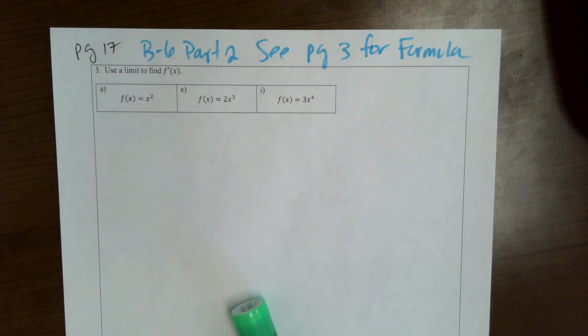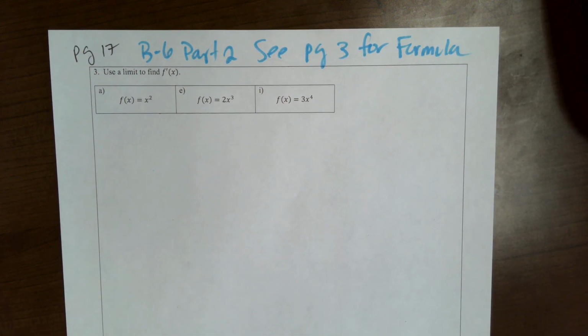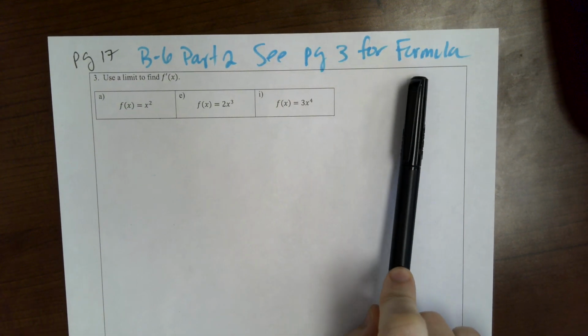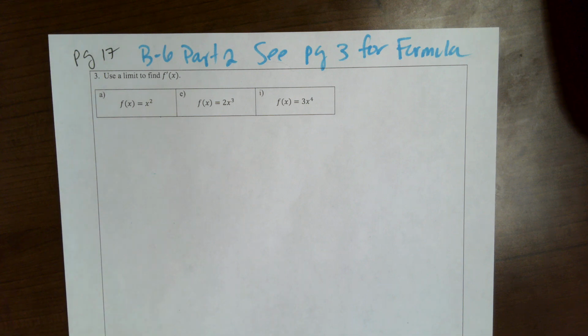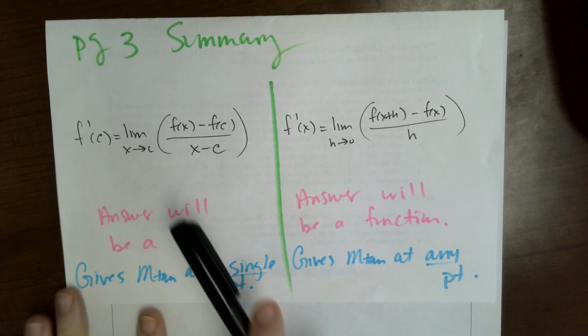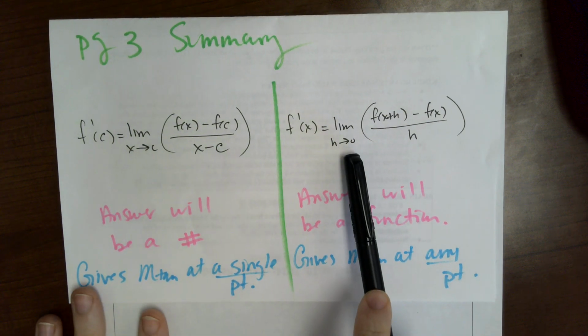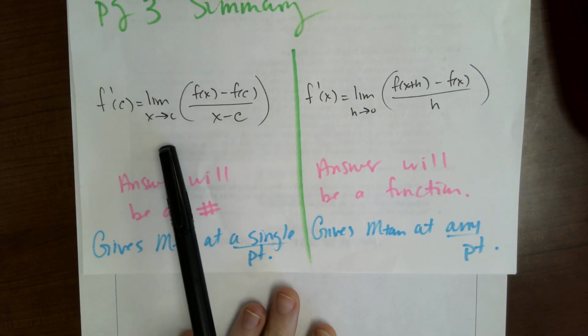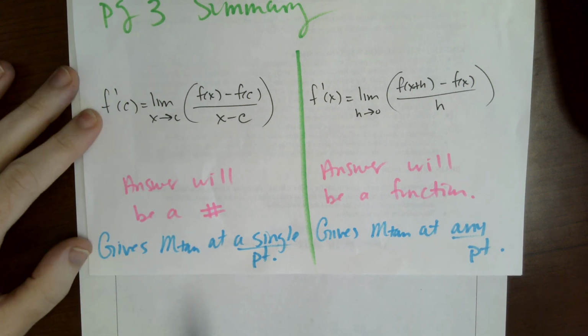Okay, so this is on page 17. This is the B-6 video part 2. And if you turn to page 3, you will see the formula that we're going to use. And here's just a summary of page 3, because page 3 has information on how we arrive at these formulas. But this formula, this limit formula here,